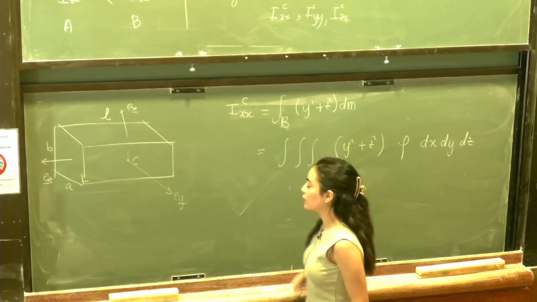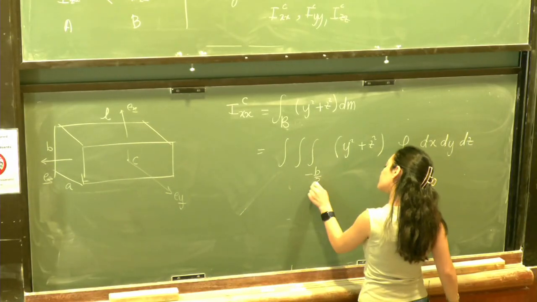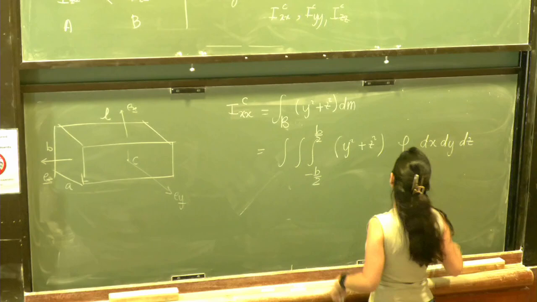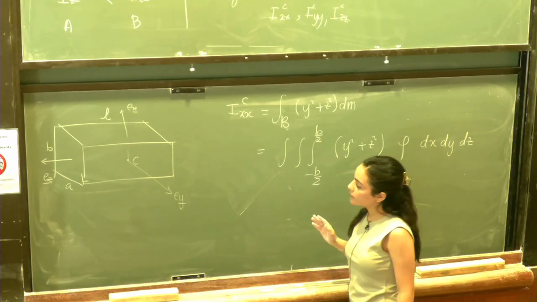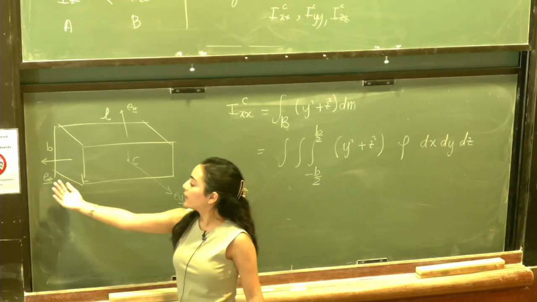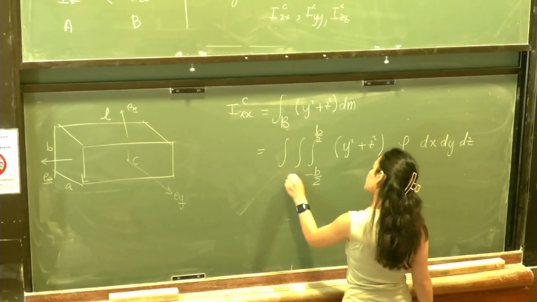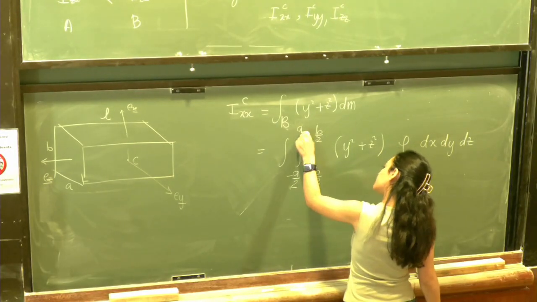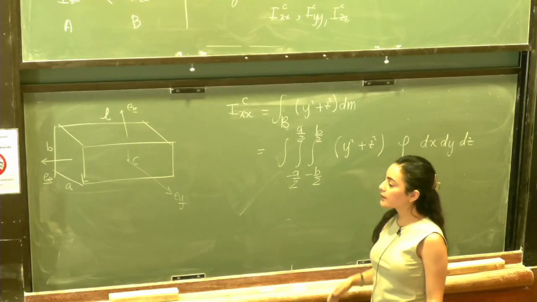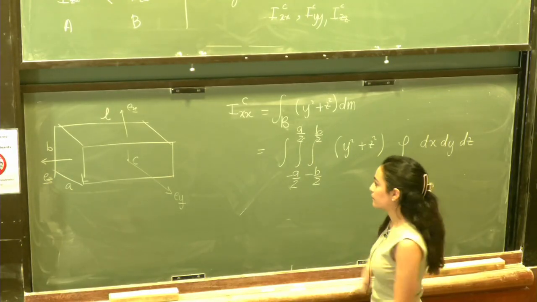Negative b over 2 to b over 2. Okay, y is going from that back plane to the front plane. So it's going from where to where? And z is going from